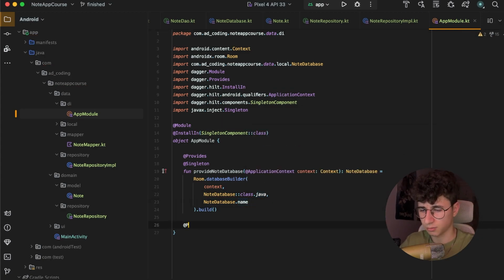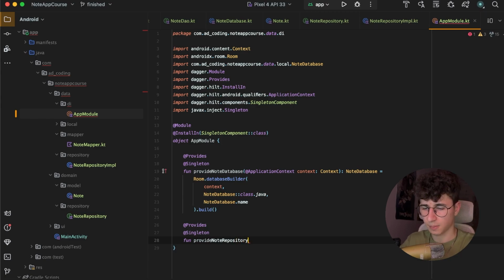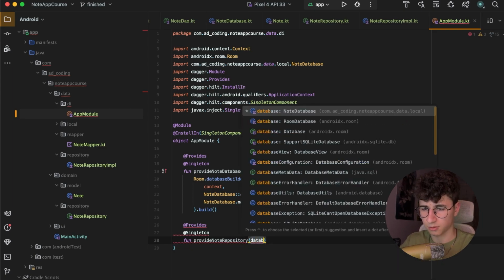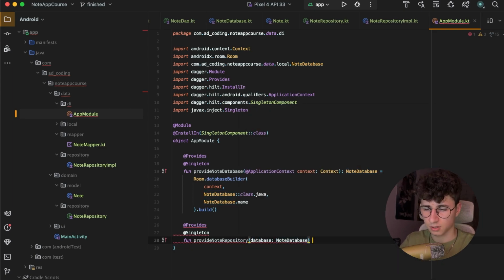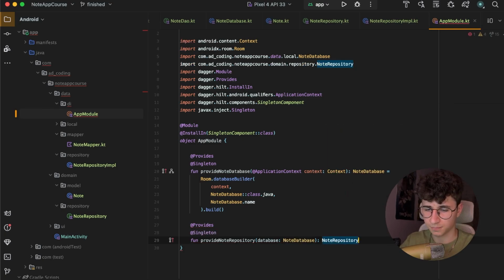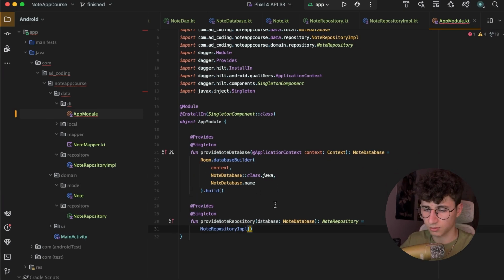And the last thing we need to provide, Provides Singleton, fun provideNodeRepository, and we need to pass the database as a parameter, and we will return a NodeRepository, and this will be a NodeRepositoryImplementation, and we need to pass the DAO that we will get from